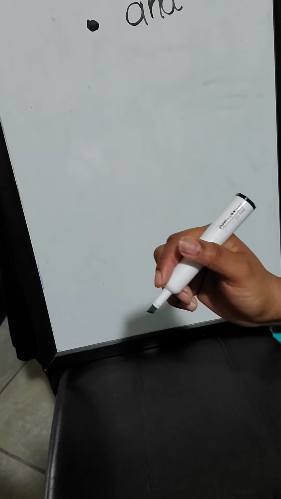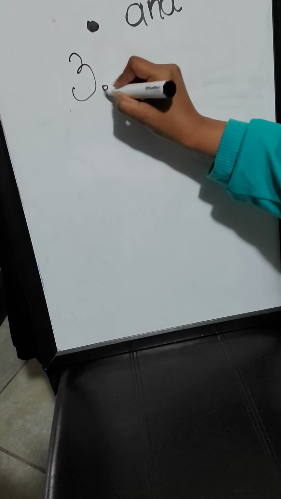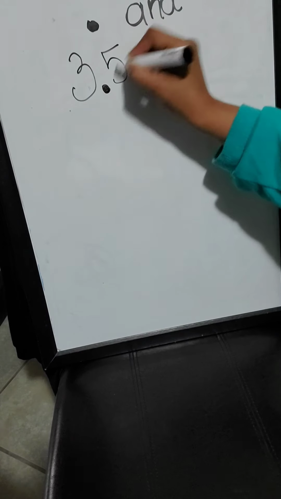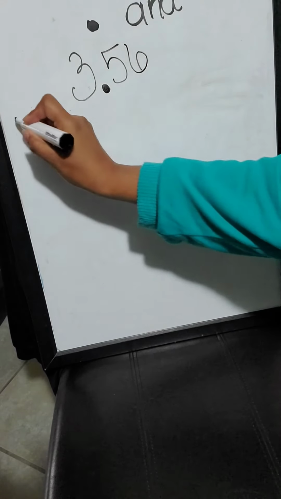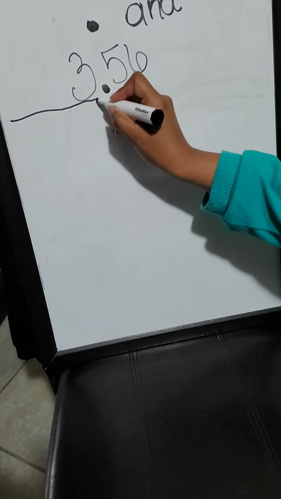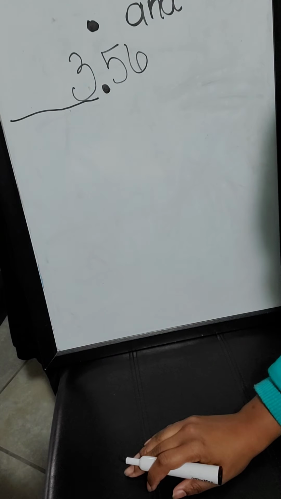So remember, important things that you need to remember is that if you see a decimal, the decimal means the word and. Also, if you see a decimal number, such as, I'm going to use this one, 3.56,